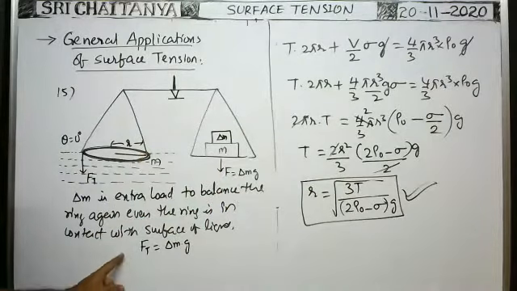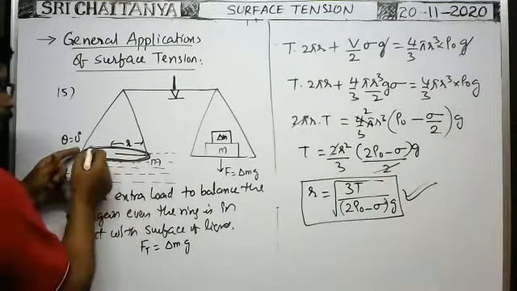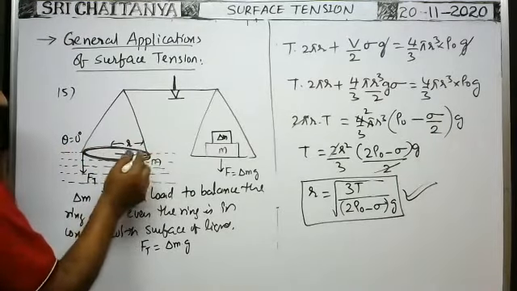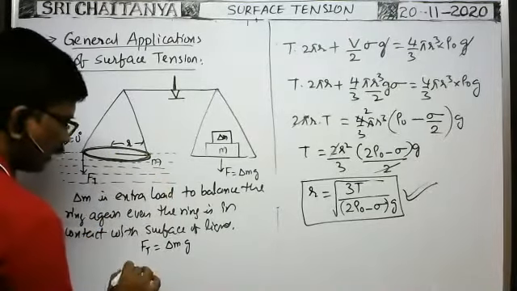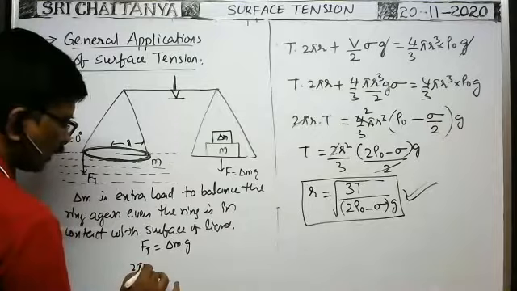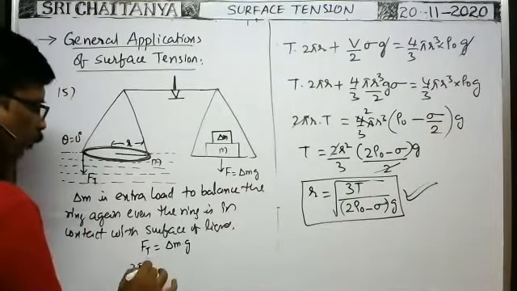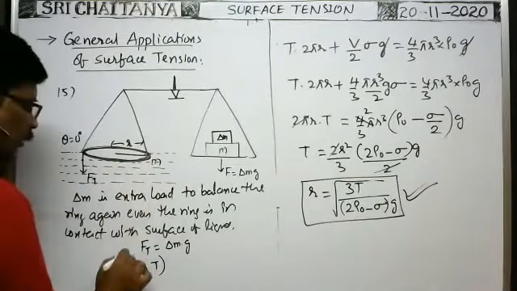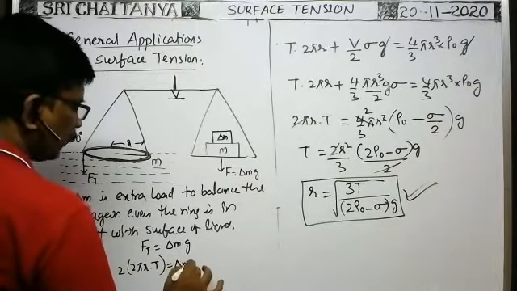Right here, what is the force due to surface tension? Actually, that ring has an inner circumference and an outer circumference. The thickness of the ring is not mentioned, that's why the inner radius and outer radius are almost the same. That's why the inner circumference is 2 pi r, and the outer circumference is also 2 pi r. On the inner circumference, due to surface tension, the force is equal to T into 2 pi r. As the two surfaces are there, the outer surface is also there, that's why into 2. The force due to surface tension is equal to delta m into z.